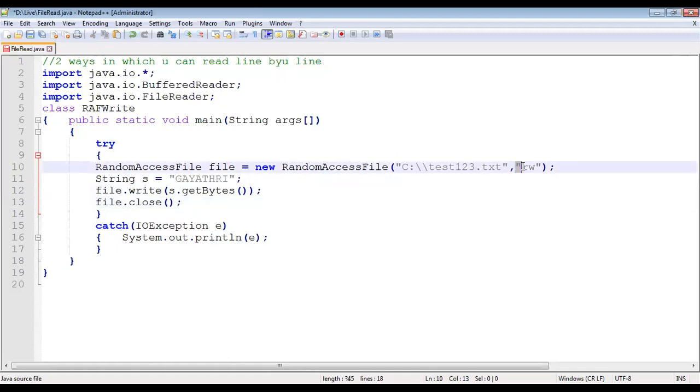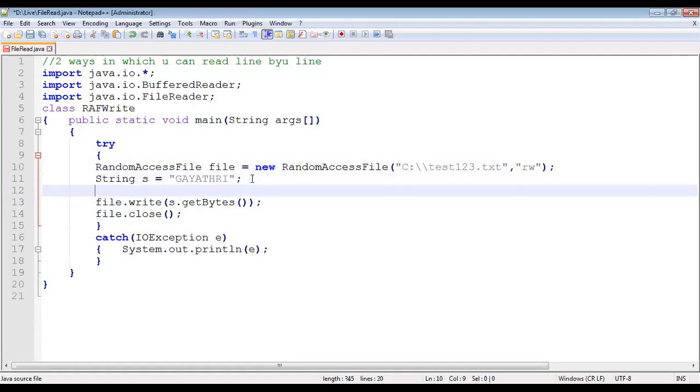Open up a file, decide the mode, then directly write. Okay, I'll do a bit of mischief over here. You remember I told you something called file seek. Now I'll give you a file seek to the third position. Usually when you write, it starts from the first position. Now I'm telling it to leave off the first 2 and then start writing from the 3rd position.